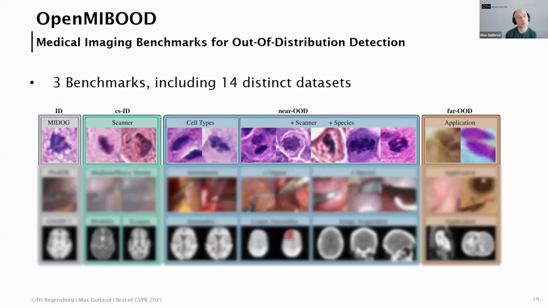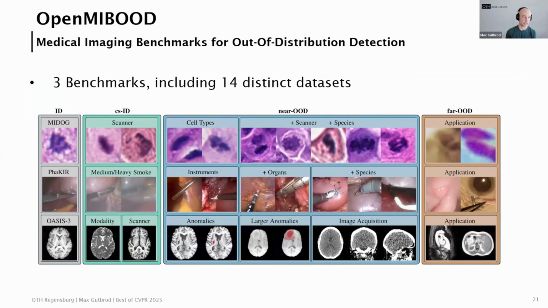So in our work, we introduced not only the histopathological benchmark from just now, but also one with endoscopical images and another with MRI 3D scans. For the endoscopic benchmark, the second row here, we used the Fekir challenge dataset, and here the base task is to classify surgical instruments.